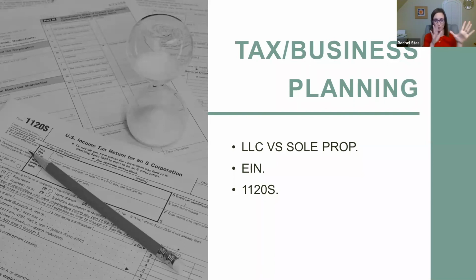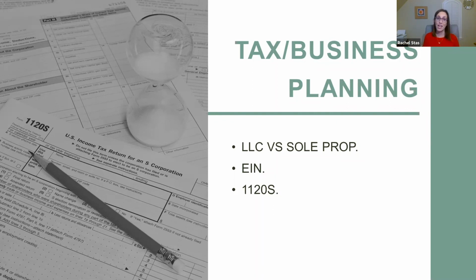Now, so you have your LLC or your sole prop. Most people are working under a sole prop at this point, but either one of them can qualify for an EIN, which is basically your business social security number. So it just protects your social security number. It doesn't protect you legally in any kind of way, but a sole prop can apply for one as well, and an LLC kind of has to. You can apply for these for free on the IRS website. It is not challenging, irs.gov, and EIN, you just put in what you are and they generate a number for you. So don't pay LegalZoom $80 to do it.